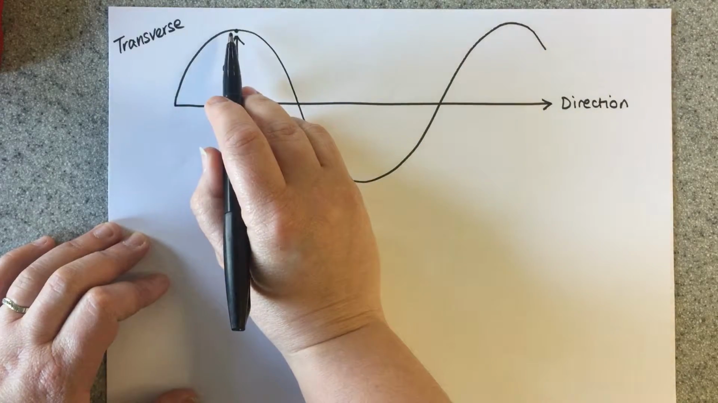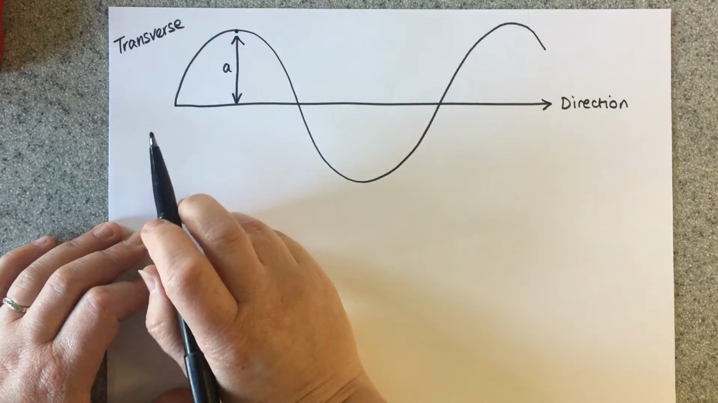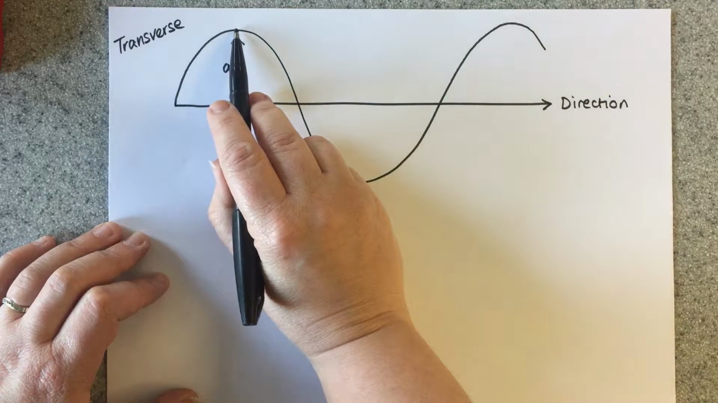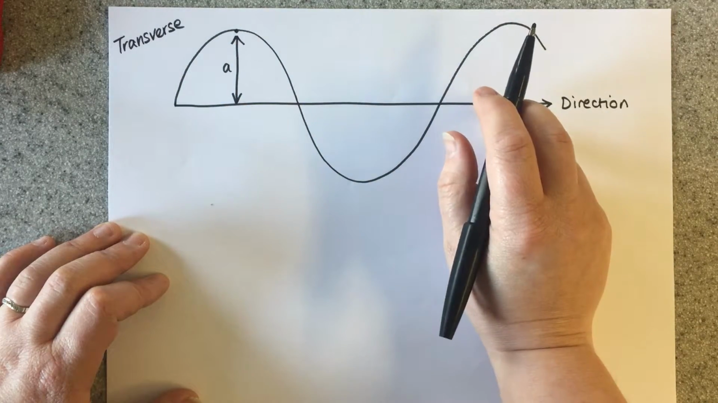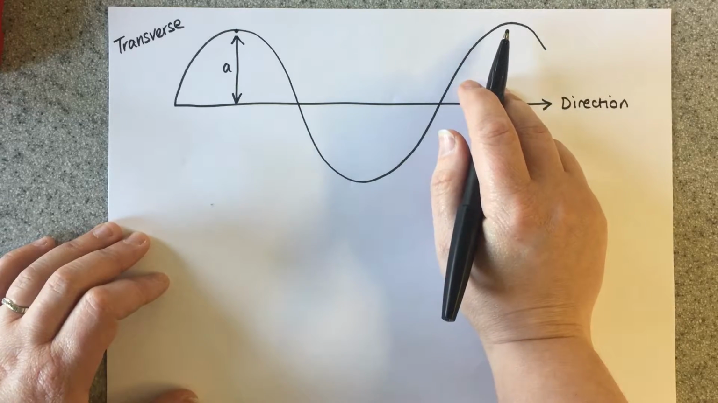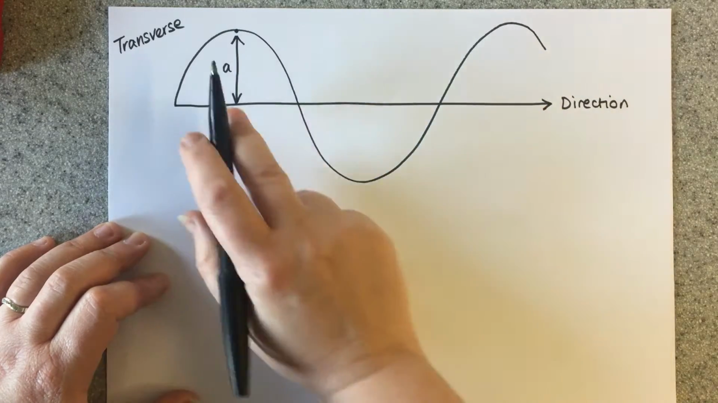The wavelength is actually the length of one wave. Now the easiest way to be able to measure this is actually from the top of one peak to the top of the next peak. That's the easiest way, but you don't always have two peaks on a diagram, so you can't always measure it